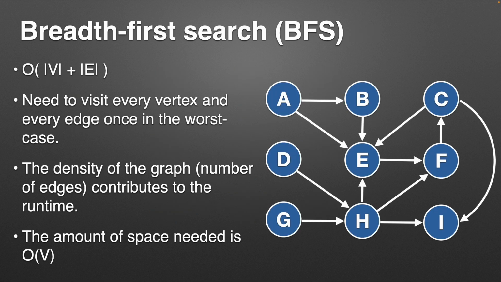So thinking about the complexity of it, it's the same complexity as the depth first search, the number of vertices plus the number of edges, because if you think about that worst case, you do have to visit all of these things. And of course, the density contributes to this. So in large graphs, this can be a little bit expensive because you keep that queue of elements. And if that gets very, very large, like millions and millions of elements, you'll need a little more space, but it's usually not that big of a deal. Are there questions about breadth first search and that approach to looking at elements?